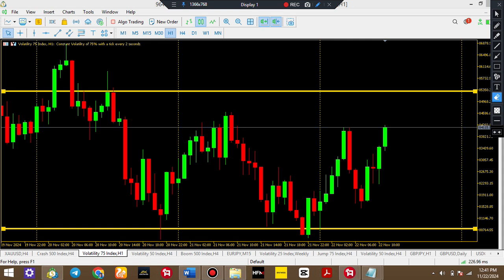So we would have gotten a buy opportunity on the 1 hour time frame, but the overall trend from the weekly down to the daily and even down to the 4 hour, price is what? Bearish. So this reversal, probably price is trying to now switch from a downtrend to uptrend. That is why we are getting this reaction on the 1 hour time frame. So this is why you need to understand market structure so that when you're doing your top-down analysis, it will be very, very easy for you and you will be able to identify the valid areas for you to take your entry for buy or for sell.